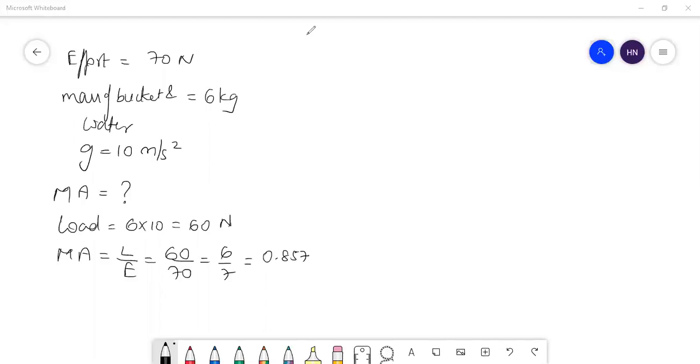Sir, we have been given the load as 500 kgf. The mass is 100 kg. Displacement is 8 meters, and the time is 4 seconds. So the effort we can find by the formula: power input is equal to displacement into effort by time.